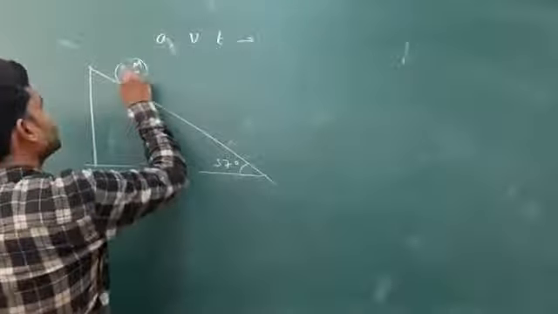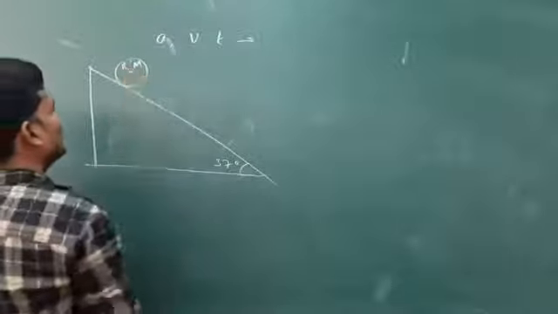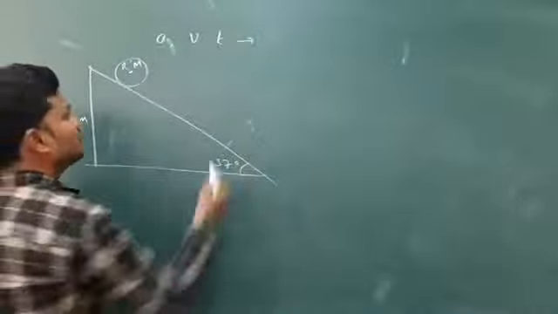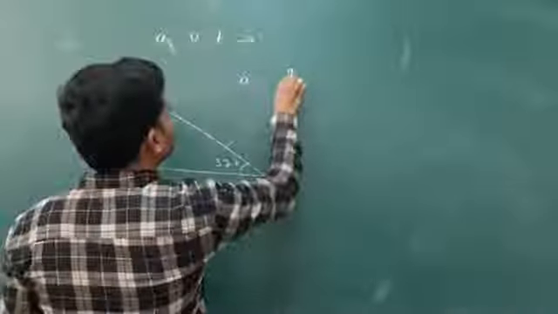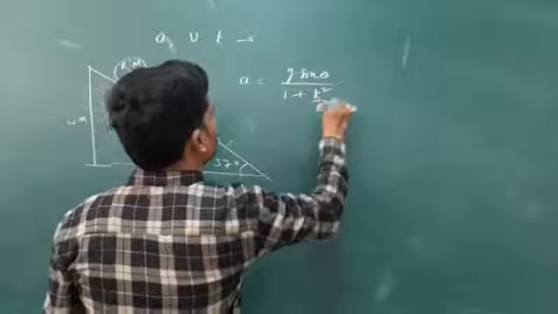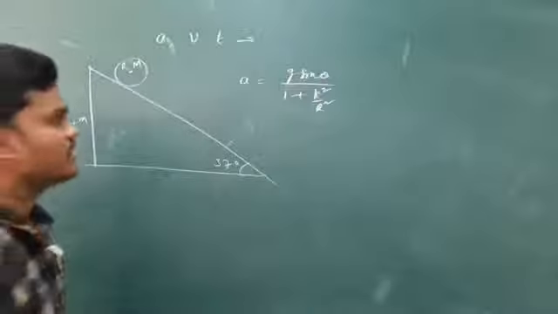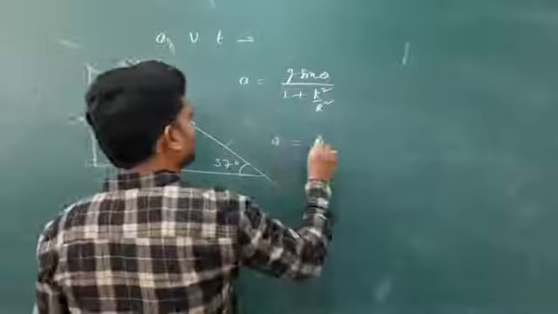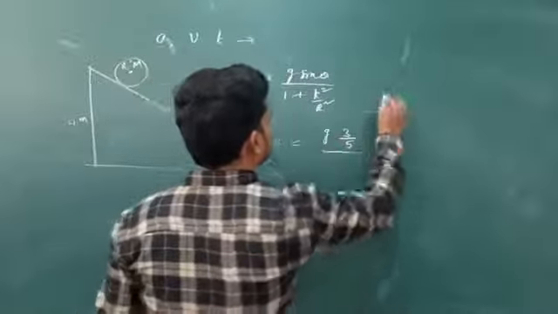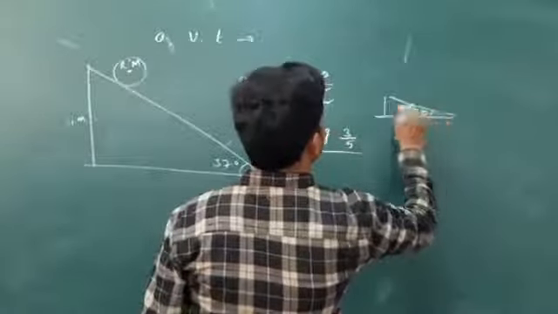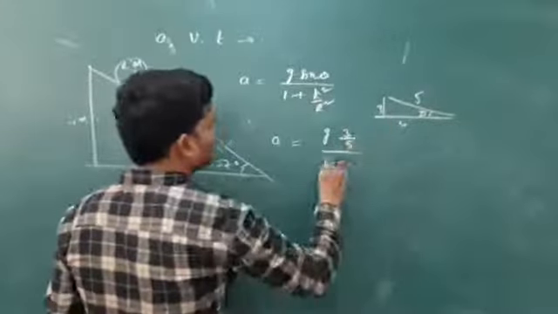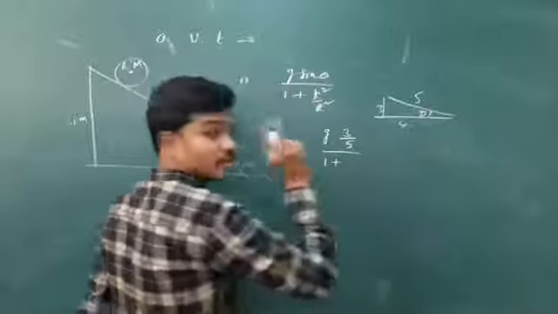See, this is the disk whose mass is m, radius is r, and height is something like 4 meter, whatever may be the number. So if you want to get the acceleration, you remember the formula, I think: g sin theta by 1 plus k square by r square. You solve these type of questions. So sin theta is sin 37, g sin 37 is 3 by 5. I think you remember this one, 37 is 3, 4, 5.